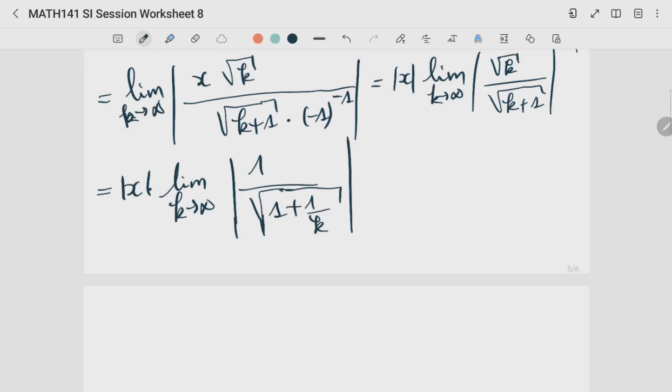And if you substitute the value of k, you'll see that this limit will give you 1, which means that we'll be left with the absolute value of x times 1,